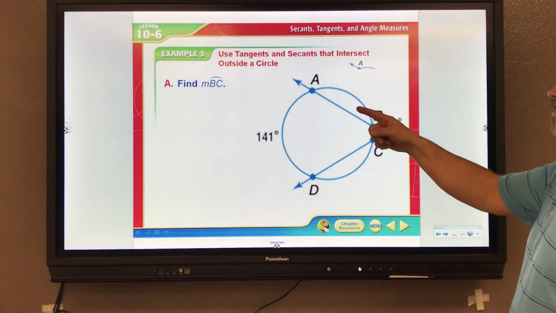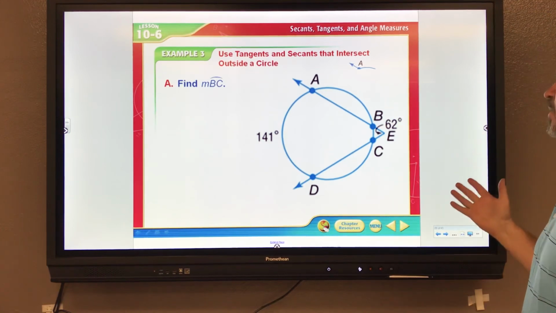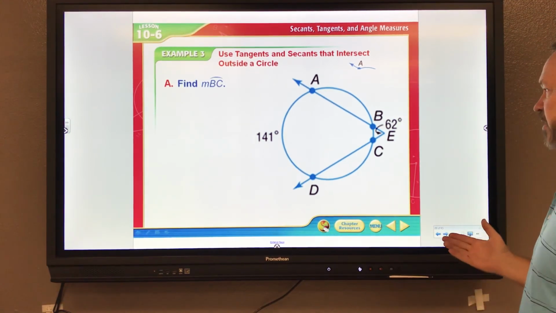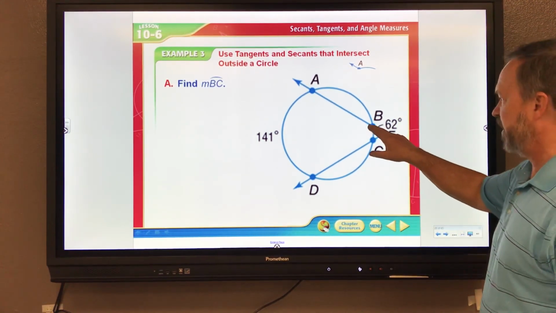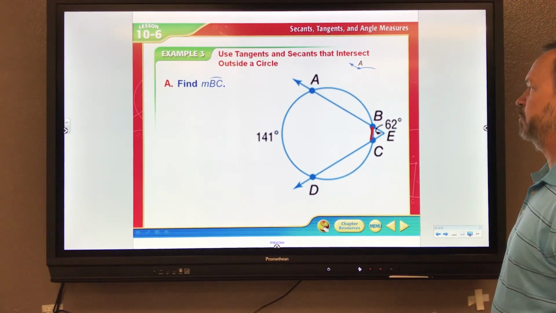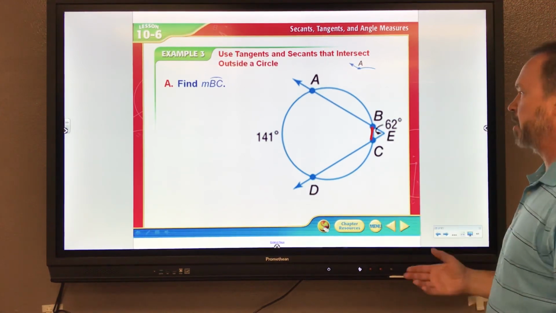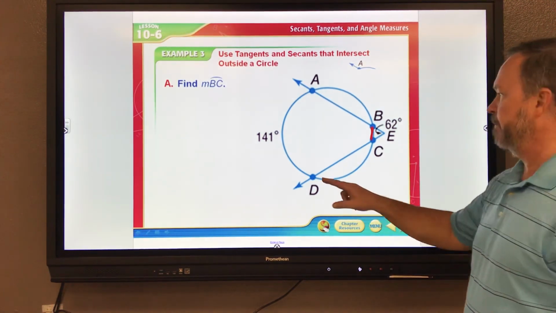It says find the measure of arc BC. It's unfortunate they started off on the tough end of this one. They want us to find the measure of this arc here. It would have been easier to have given the two arcs and find the angle, and you would have learned the concept. But here's the deal. The measure